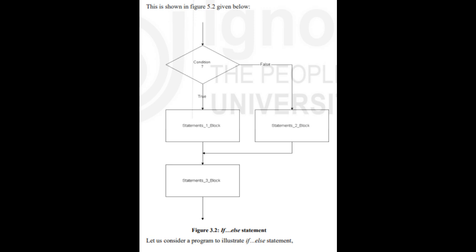Let us consider a program to illustrate if, else statement. Example 3.2. Write a program to print whether the given number is even or odd. /* Program to print whether the given number is even or odd */ #include <stdio.h> main() { int x; printf("Enter a number\n"); scanf("%d", &x); if (x%2 == 0) printf("\n Given number is even \n"); else printf("\n Given number is odd \n");